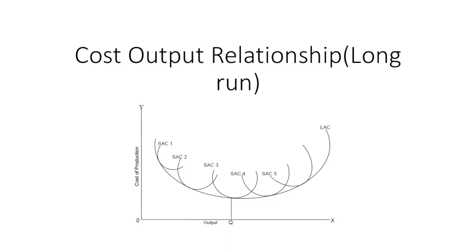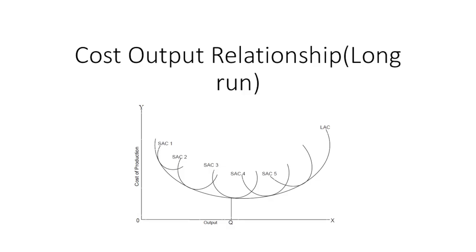In the long run only, the average total cost is important, and for taking long-term output decisions, average cost is considered. Long run average cost is the total cost divided by the level of output. It is the per unit cost of production of different levels of output by changing the size of the plant or the scale of production. The long run cost output relationship is explained by drawing a long run cost curve through short run curves, as the long period is made up of many short periods.